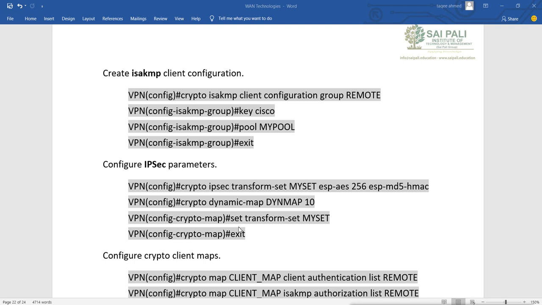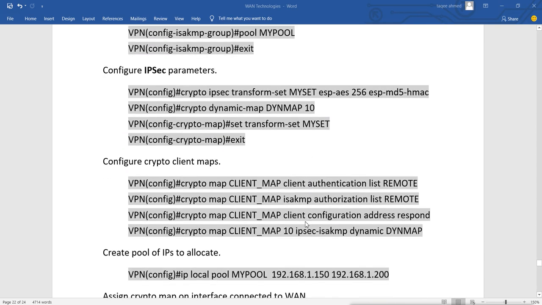Then we are using crypto dynamic map, and we will use this map name, we can use any name here. Then we use this transform set name, my set. Then we mention what we have created, that we will map the client map with these different options: for client authentication, for authorization, for client configuration addresses, for IPsec dynamic mapping.